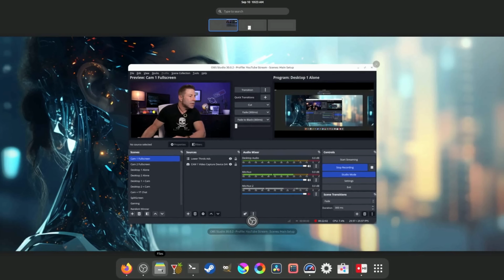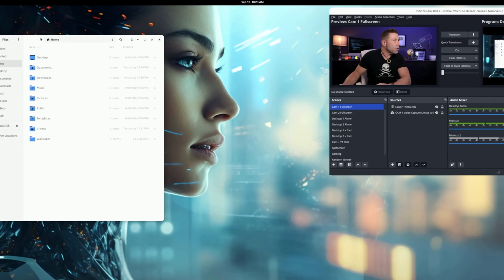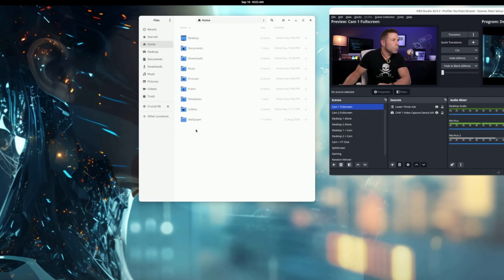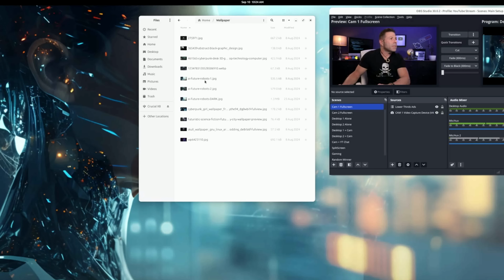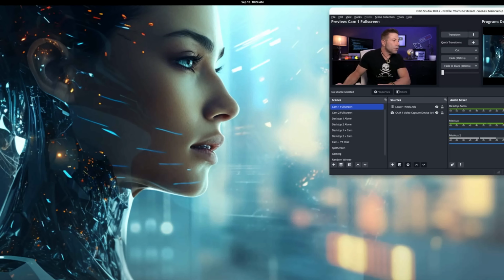Anyways, if we come back down here, we have our files. This is what you would see if you were looking around your desktop. This is what it looks like. This is like my home directory. If we go into wallpaper, we can see a whole bunch of the wallpapers I've downloaded that we're currently using. Matter of fact, is this one right here, this future robot, whatever she is there, right? So you can download whatever wallpapers you want, so on and so forth. So that is your directory or your folders.